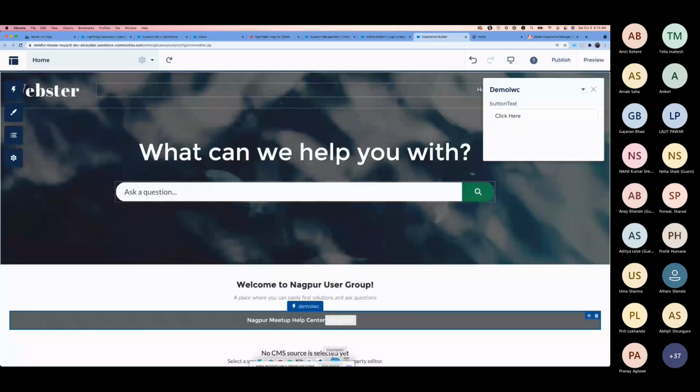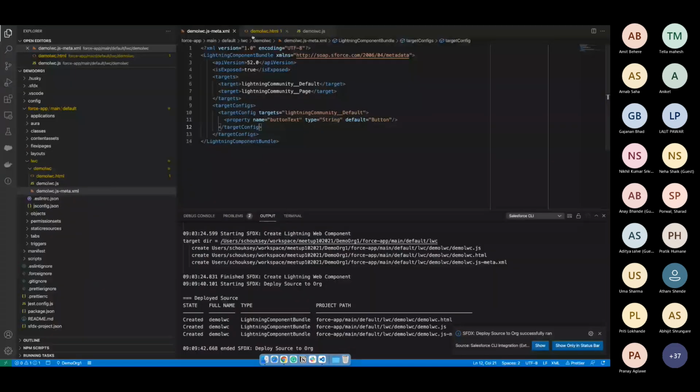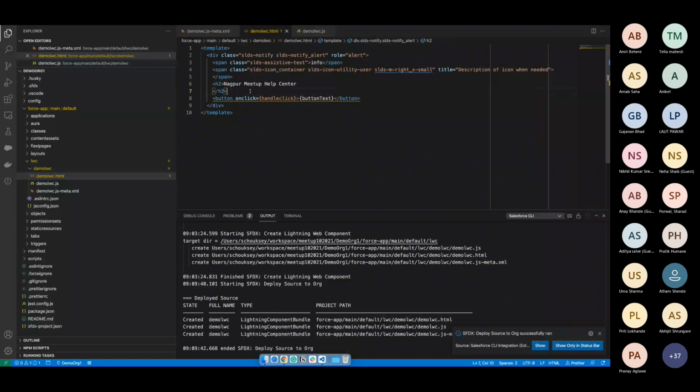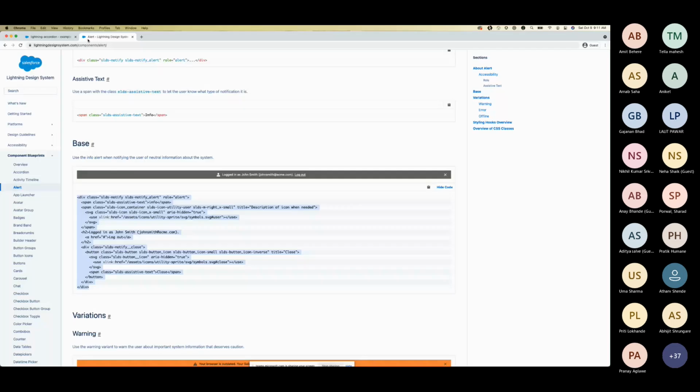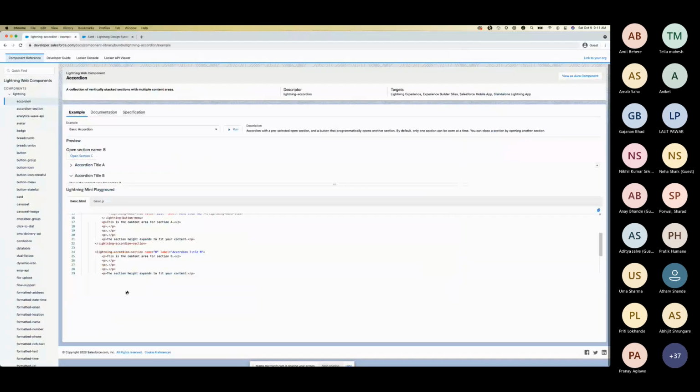And then if I go again to my VS Code, there are a lot of things you can do. If you like to do CSS options, there are so many things we can do. I will simply add a line break so that my button comes on the next line, and so on. And then there are so many styling options. All those are present in this, which you can utilize. There are standard tags present, which will reduce your whole HTML, and it gives you more flexibility in your component reference guide.